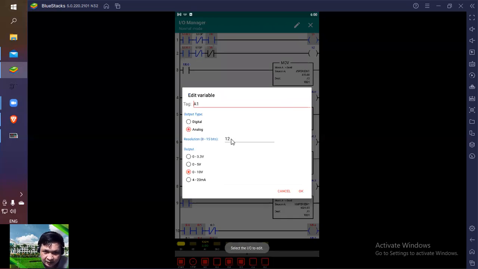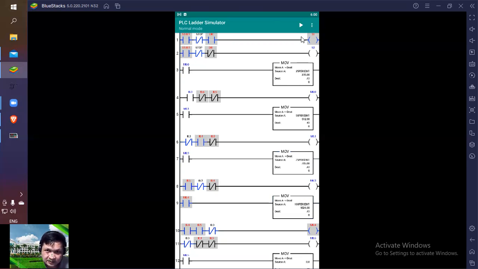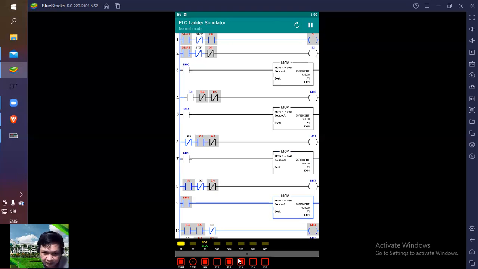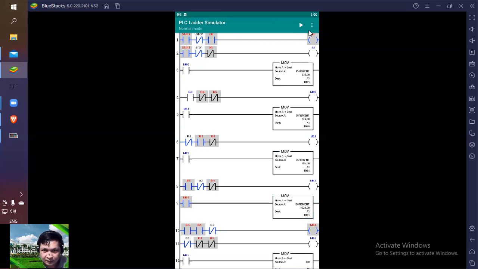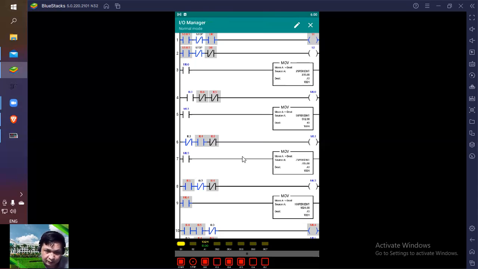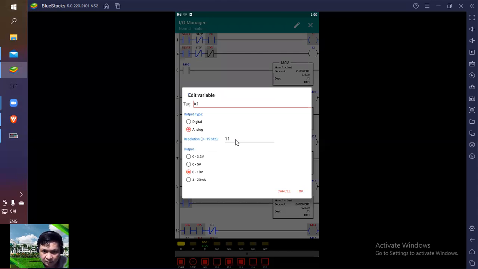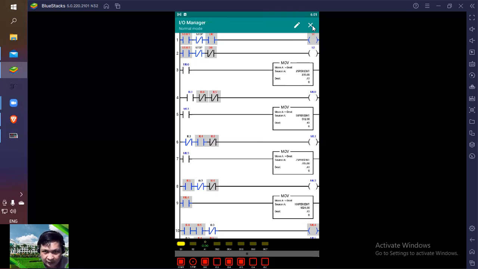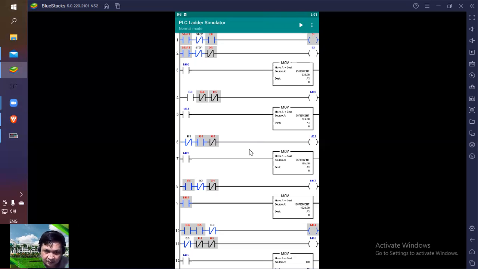Let's move this one to 11 bits. Let's see kung ano mangyayari. X play 5 volts. 10 bits lang pala dapat. Okay. Exit the editor. Wala na akong i-edit out dun sa ano. Yung I/O manager yung problem ko. So, 0. Yan. X. Okay. So, again,